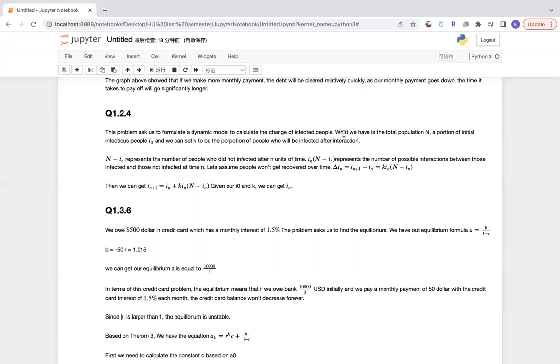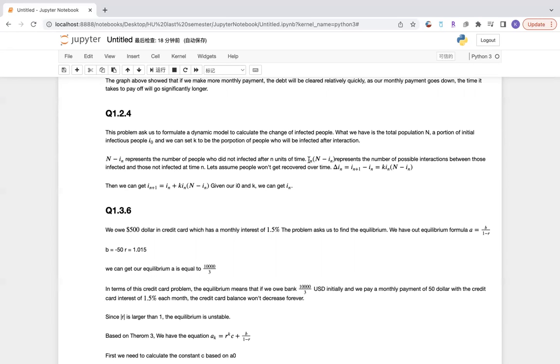So the total population we set to N, and the proportion of initial infected people we set to I0, and we can set the k variable to be the proportion of people who will be infected after interaction. So we can get this number as the number of people who are not infected after an amount of time,